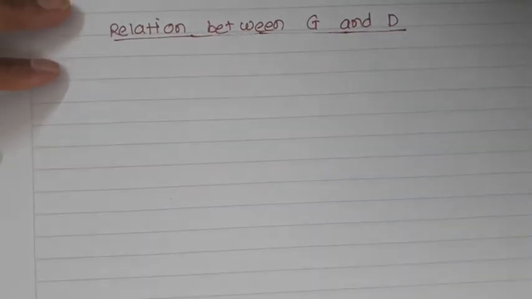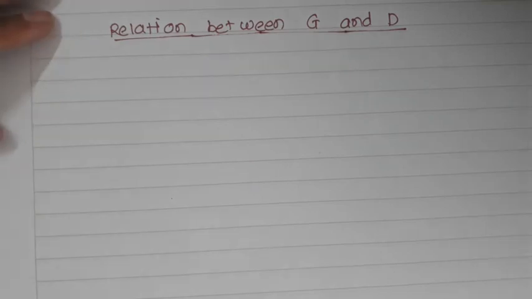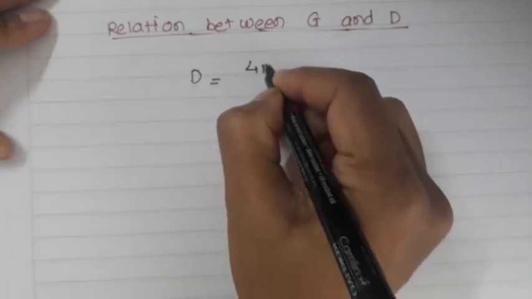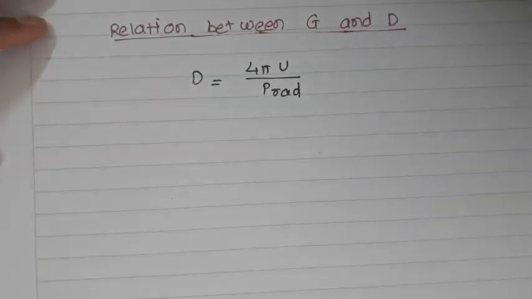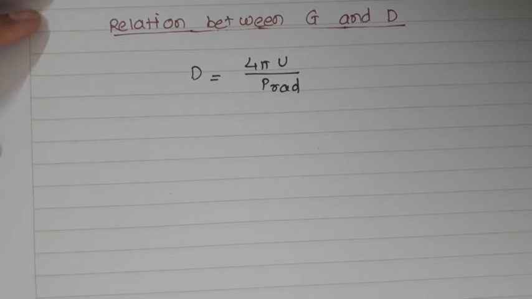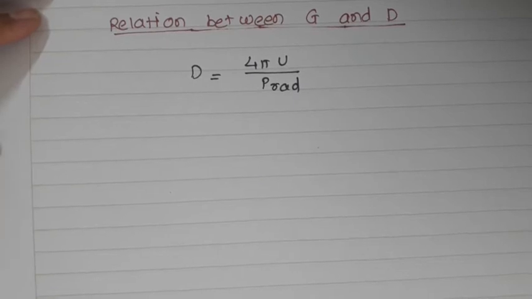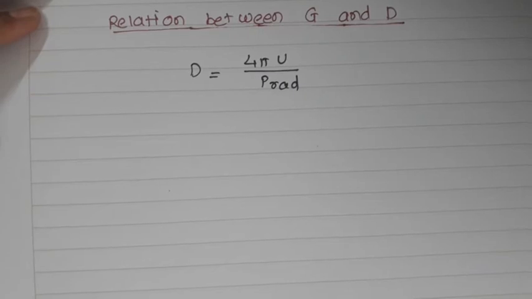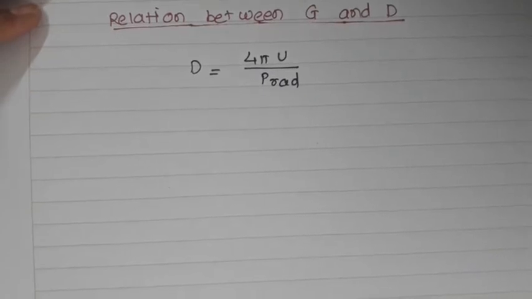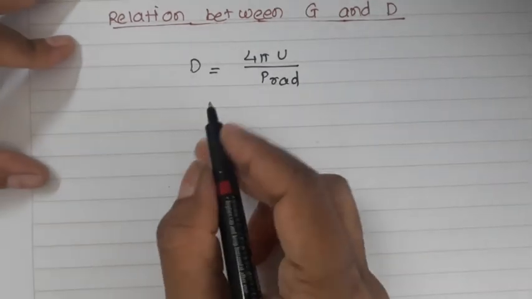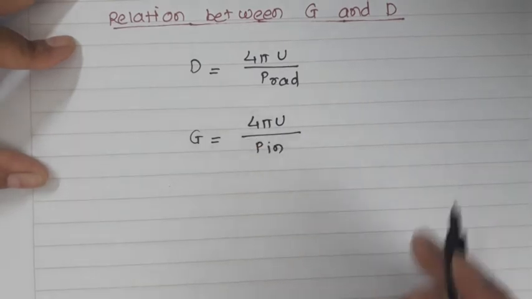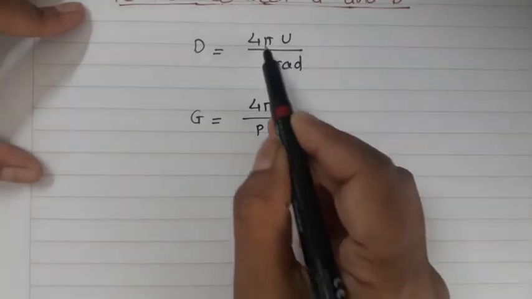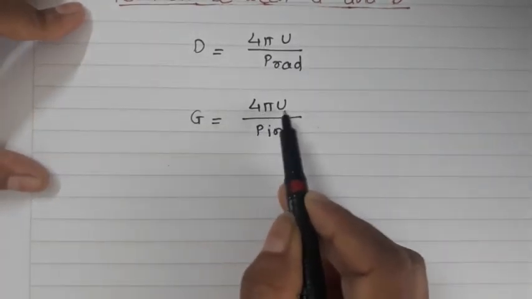So to understand the difference between gain and the directivity, the expression for directivity which we have already seen is D is equal to 4 pi U divided by P radiated. So here we used the output of the antenna, that is radiated power, as a reference, but for the gain, the antenna input is used as the reference. So these two references with respect to antenna terminals are shown in the figure which we have seen. So G is equal to 4 pi U divided by P in. So you can see the difference: in D it is 4 pi U divided by radiated power, in the gain 4 pi U divided by P input.